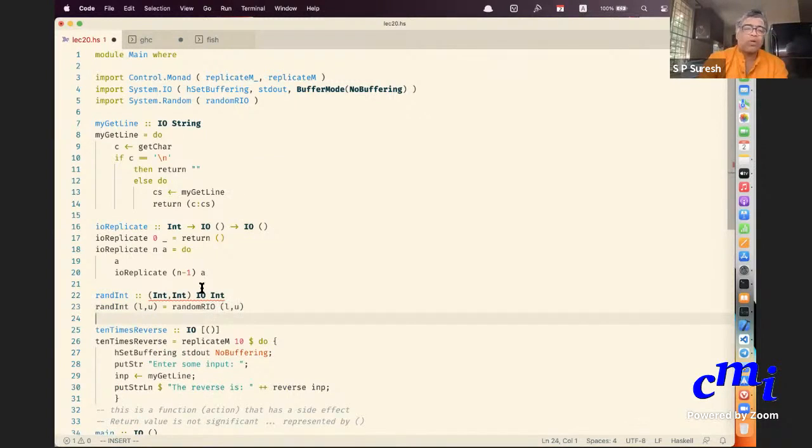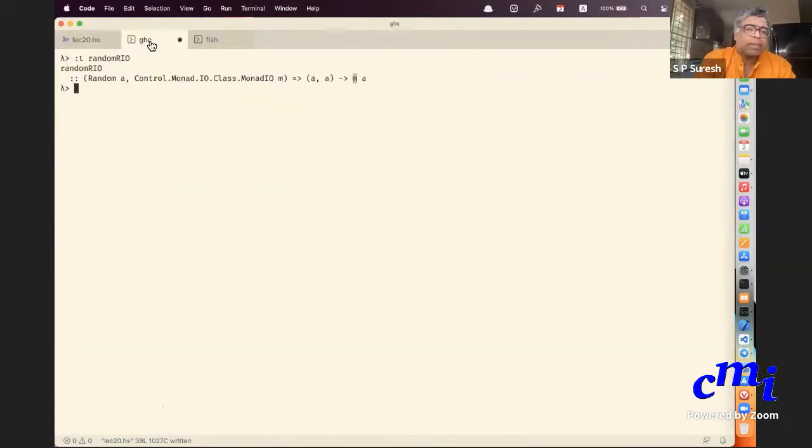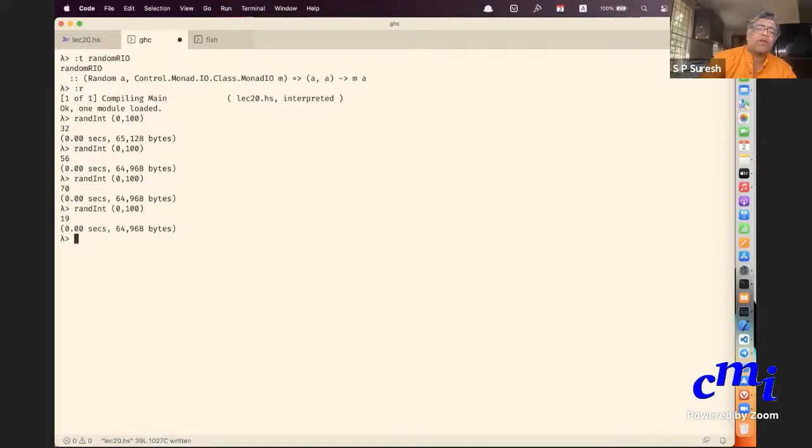So that's a function. I can ask for a random int and give it a value, let me say 0, 100. It gives me a random integer. Each time I try, it will give me a different random integer.